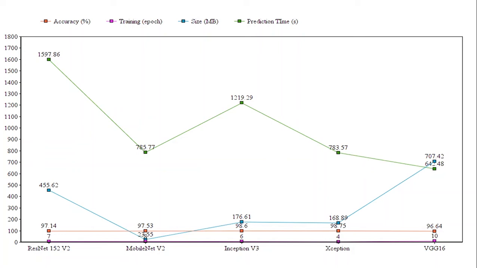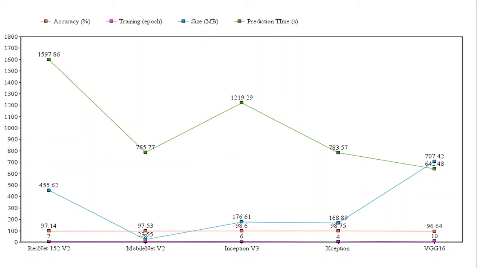For ResNet we gave 7 epochs, and the size of that model was 455.62 MB, and to predict the result it took 1597.86 seconds.